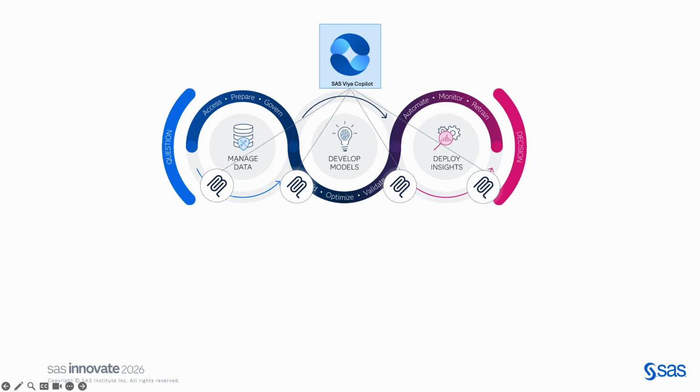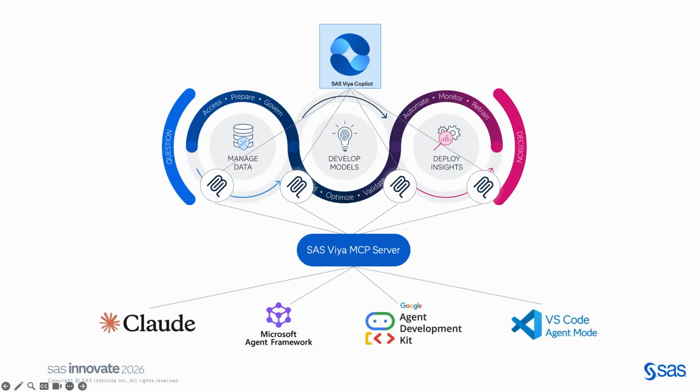But I also wanted to show something else about how we're building these next step agentic capabilities. And we're doing that using the MCP concept, which is the Model Context Protocol. So what this allows us to do is actually provide some of these tools outside of Viya for inclusion in other frameworks, which I've listed here. And so this idea of building these MCP tools in servers allows us to not only use them in our agentic flows, but also allows you to use them in your agentic flows that you might already have within your company. So you'll see this concept of Viya Copilot being inside of different applications and providing these MCP servers across the Viya platform.